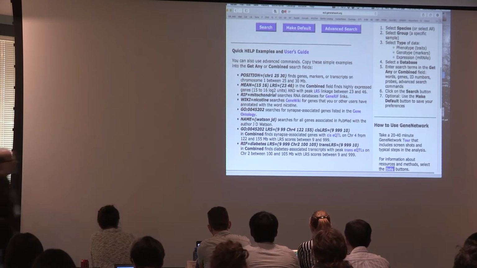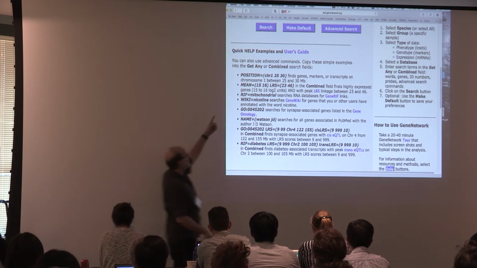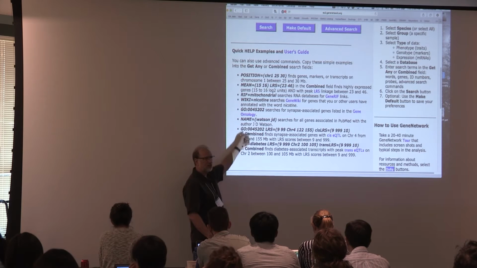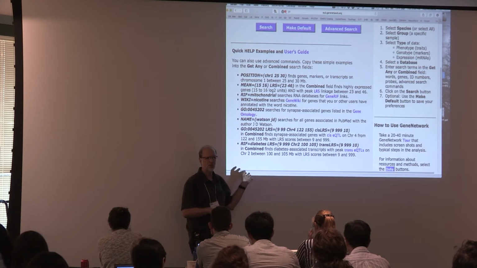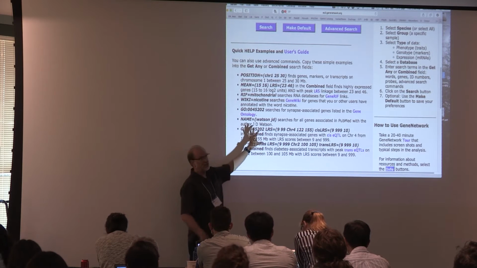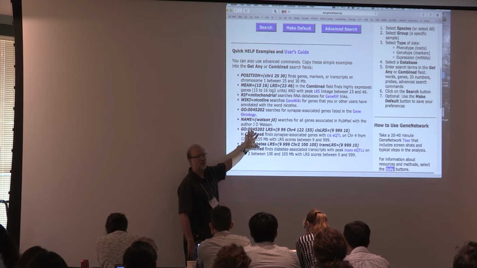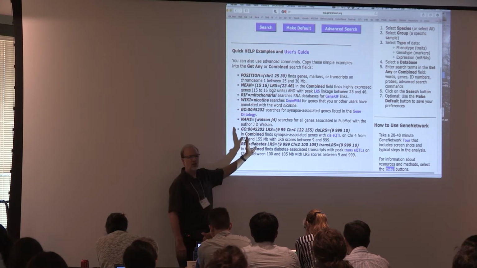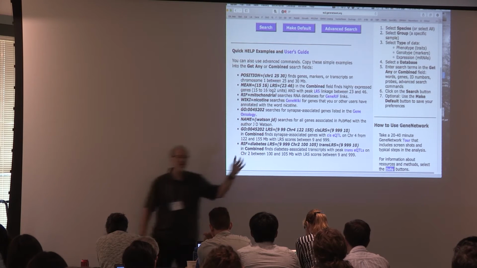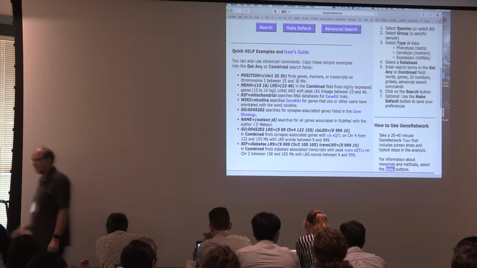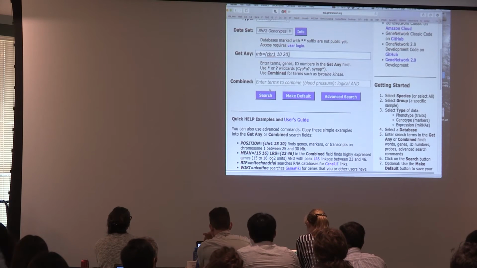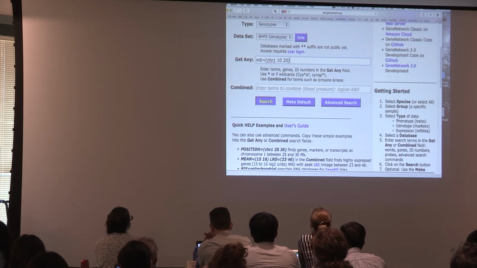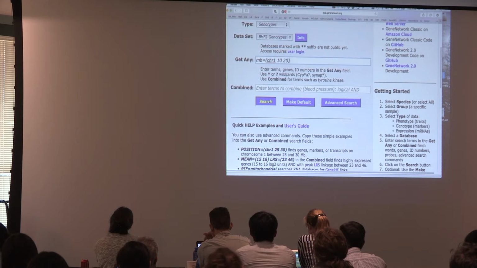There's no reason for you to remember these search terms, but basically you can see here's sort of the idiot's guide to the search terms. They're like baby SQL queries, but they have a simple structure. If you learn these, you're a power user. If you spend 5 minutes to learn these, you're like one in 500 people in terms of your expertise. So it's easy to become an expert. So we're just saying, give me a genotype that's located somewhere on chromosome 1 between 10 and